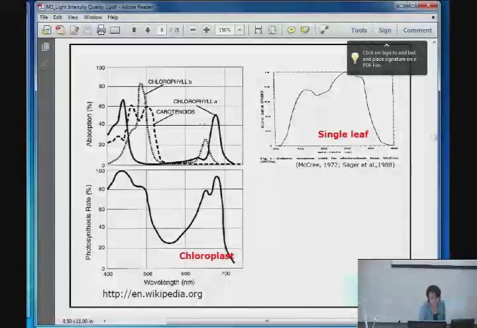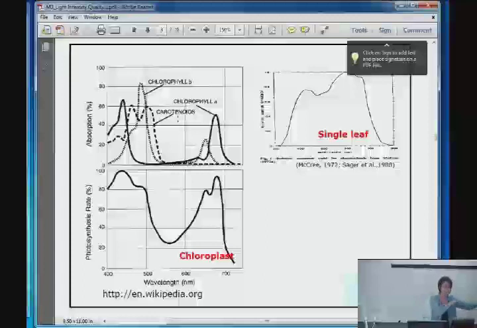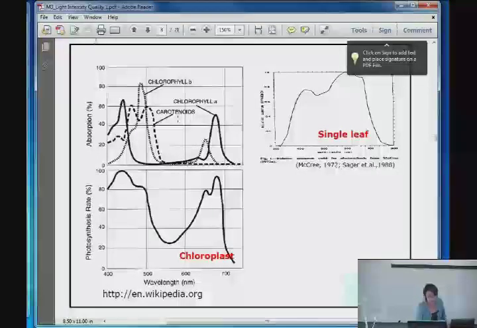So these are the three pigments shown. In addition to chlorophylls, carotenoids are shown, because, if you take a plant physiology course, you learn carotenoids help plants do photosynthesis, capturing light and transferring it to the reaction center. That's why carotenoids are shown here. Carotenoids absorb a little bit in the green range, but not much. Chlorophyll and carotenoids have very low but slight absorption in the green range, 500 to 600, but mostly blue and red. But if you look at the chloroplast level,